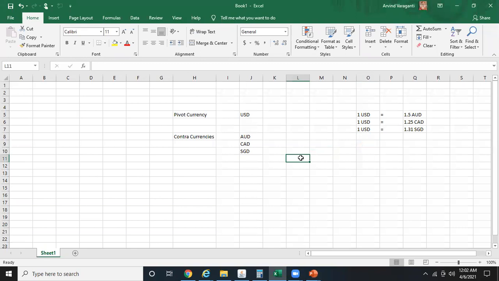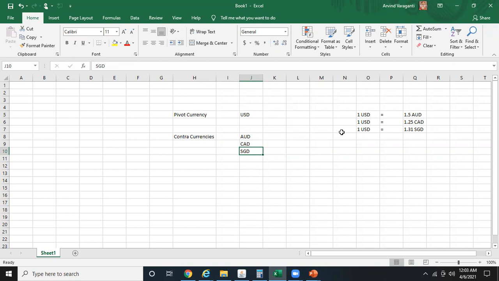So let us assume USD is my functional currency. I just go to a particular screen and set USD as my pivot currency. And there is something called contra currency. So let us assume I set up these three currencies as my contra currency. I need to go to a particular screen and select the pivot currency, and under pivot currency, I need to select the corresponding contra currencies. Now, what will happen after setting up of this pivot and contra currencies?